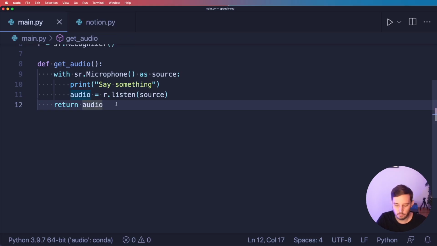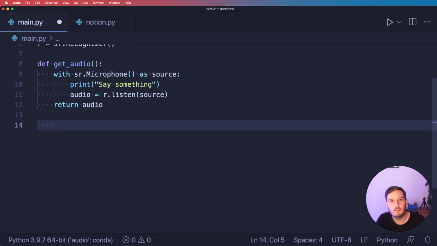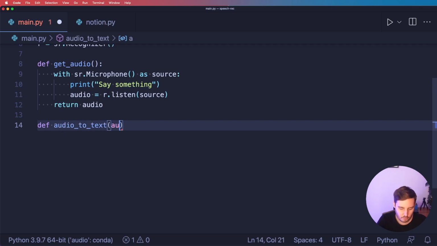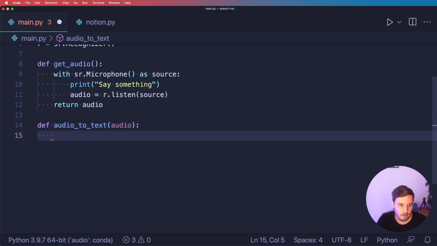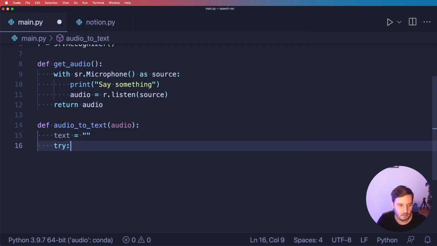So this is what we need to get the audio from our microphone. And then let's create another function to convert this to text. So let's call this audio_to_text, and this will get the audio as input. And now here, first, let's create an empty text in the beginning, and then we wrap this in a try